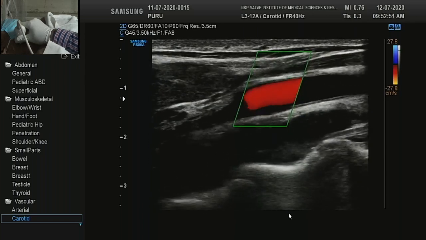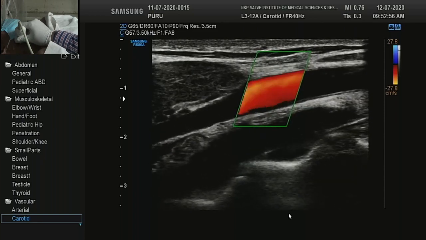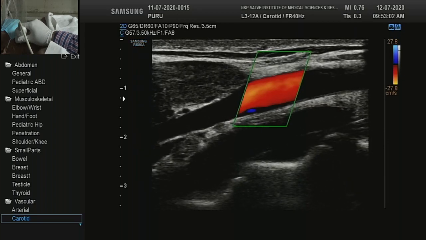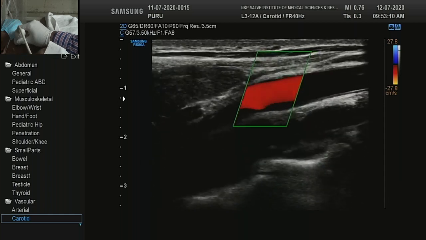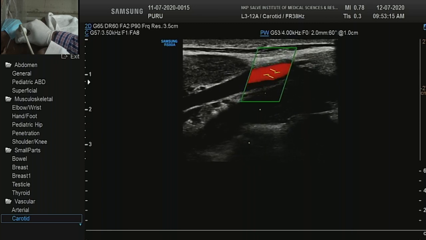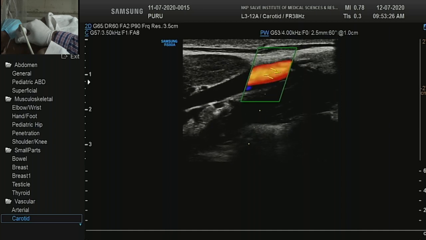Now this is the bulb area, and as you can see, there is a little bit of reversal in the bulb. I will just scroll back this. This is that reversal in the bulb, that is normal because there is a sudden increase in the caliber. So we will sample the common carotid artery before the bifurcation. Increase the sample volume again, and I'll put the spectral gate against it. The angle is correct, it's 60 degrees. I will just turn on the spectral Doppler.